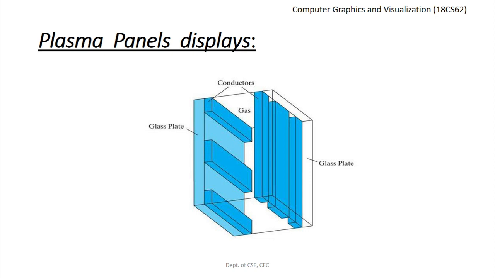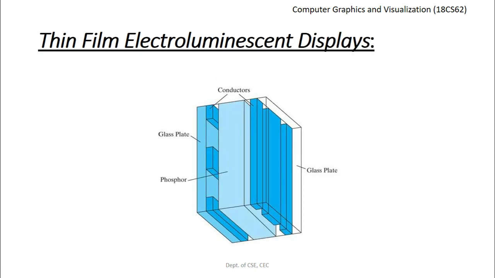One disadvantage of the plasma panel is that it is strictly a monochromatic device, that means it shows only one color rather than black and white. So that is a flat plasma panel display, where we have two glass plates. In between we fill it with neon gas, and we apply a series of voltages across the vertical and horizontal conducting ribbons to produce the glowing plasma light. So that is the plasma panel display. A layer of gas is sandwiched between two glass plates which contain vertical and horizontal conductors. Let us look at the next type of display.